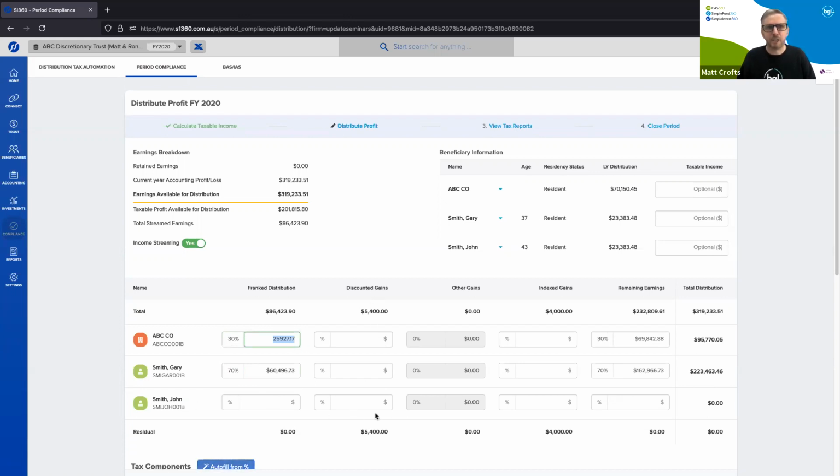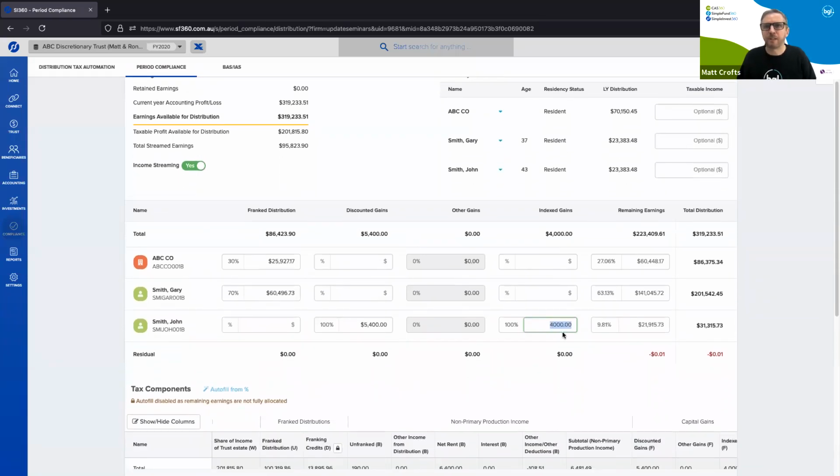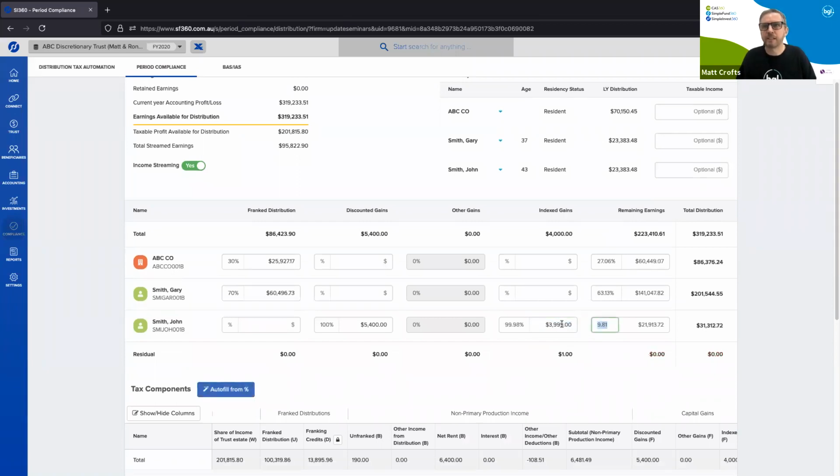Discounted gains, maybe John, he's the one, he's got a lower taxable income. So I'm going to distribute the capital gains to him. Okay, so that's the power of what you've got here to basically stream these through to the member. It's got a rounding issue, always end up with some slight rounding issues, so you can adjust that here, all on screen. Oh, I've got to adjust that one, is it?